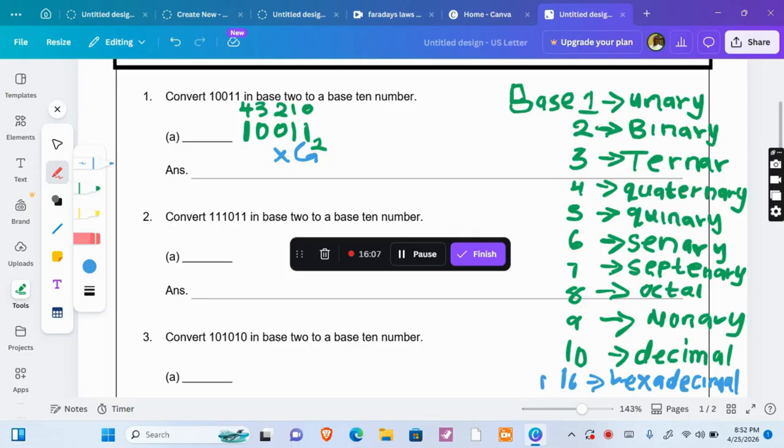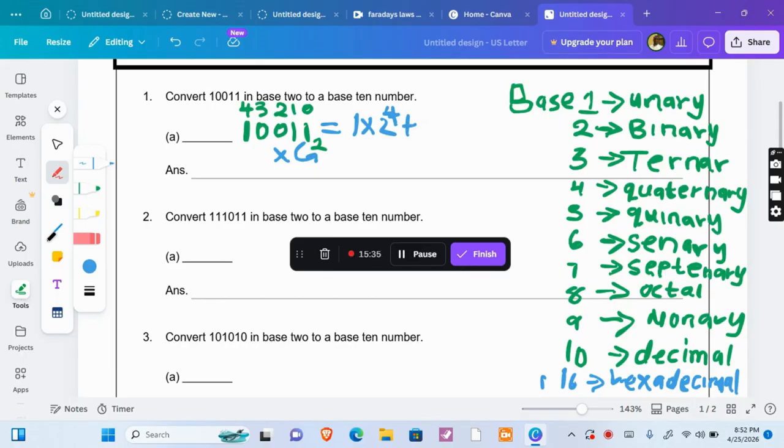Now in our subsequent classes, we're going to be converting from base 10 back to base 2. But for today's class, this is what we're dealing with. So let's start now. Let's convert this first. Let's not start with the last one. Let's start with the first one here. So 1 times 2 raised to the power of what? The first number 1 here, the power is 4. So 2 raised to the power 4